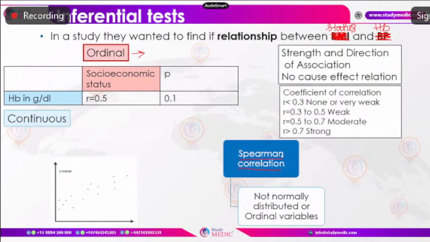Now, for example, an association test can give association even between non-causal variables. For example, when an association test is done between IQ versus foot size, they found a very good, strong, positive correlation. But does it mean foot size is responsible for IQ? No. As the baby grew, so did the brain size, so did the foot size. So you can see mere association does not always mean